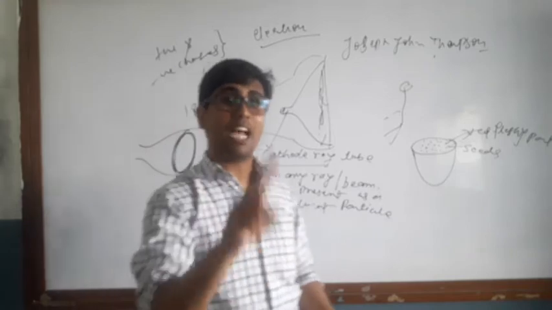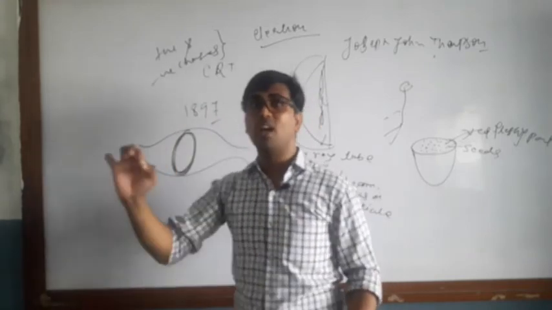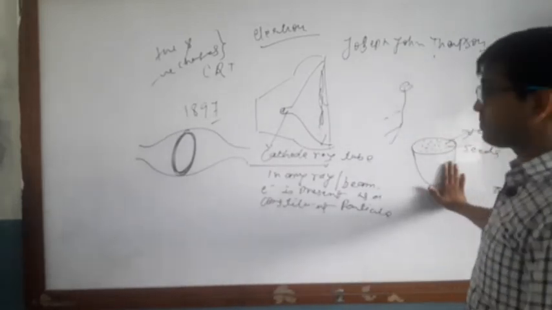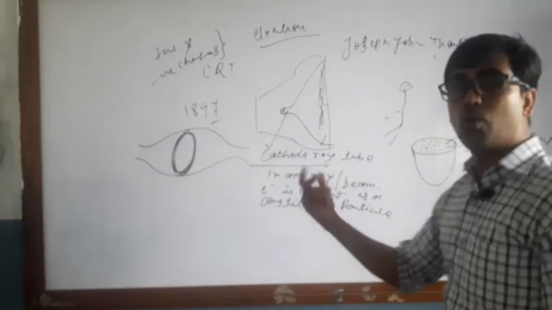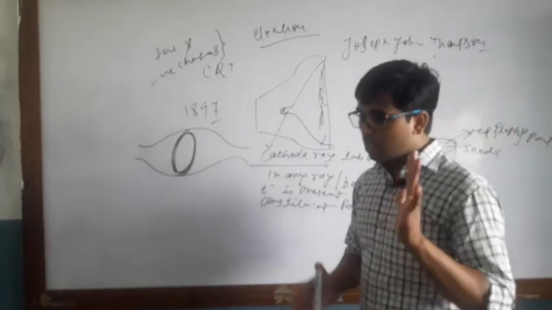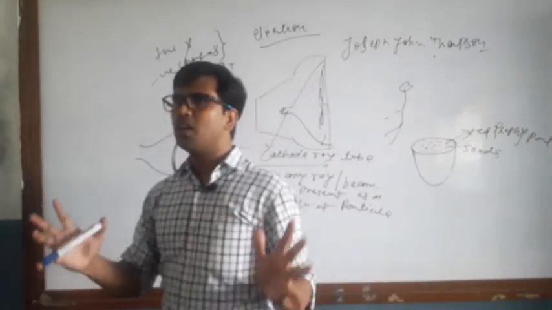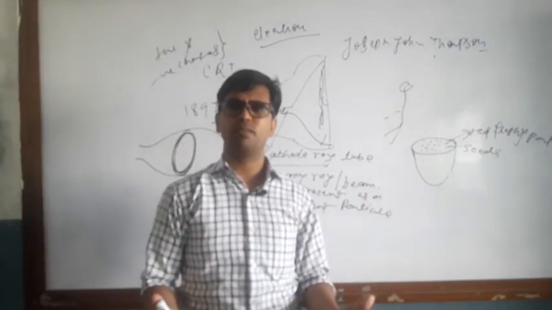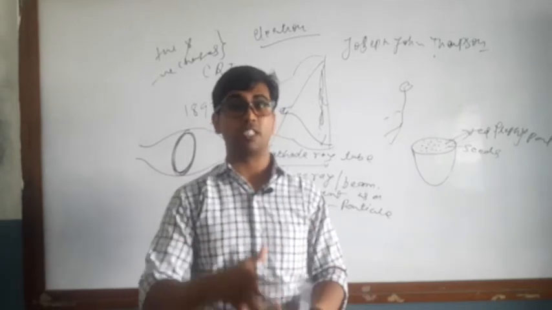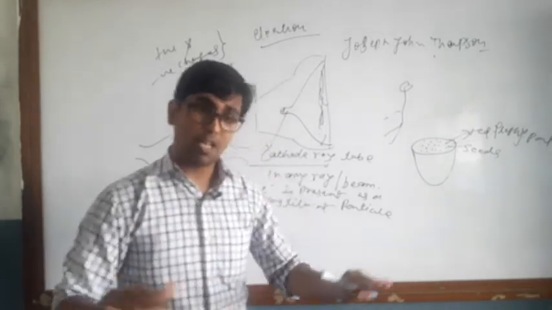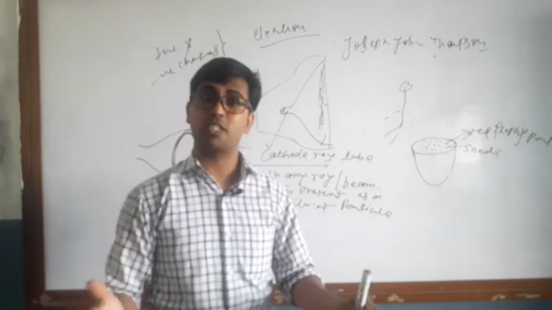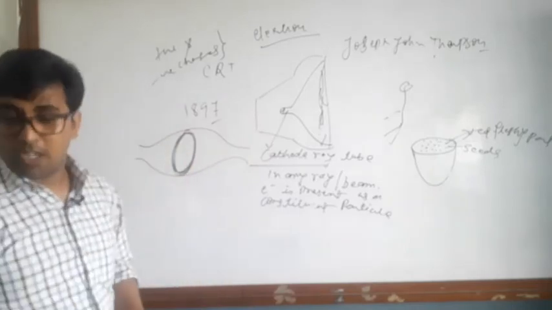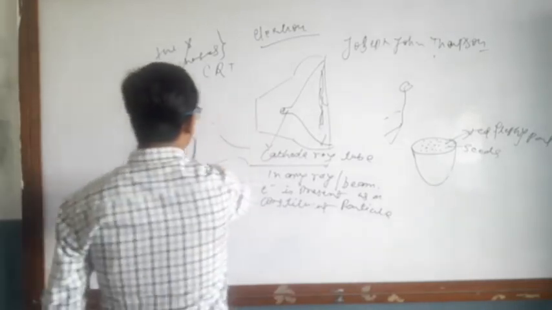So he said that atom exactly looks like a pudding cake or a pancake or a watermelon or guava. So he devised that atom might be looking like a watermelon which has positive and negative charges. In which way? Like the red part is positive and the seed part is negative. So that was the first model devised by J.J. Thomson.